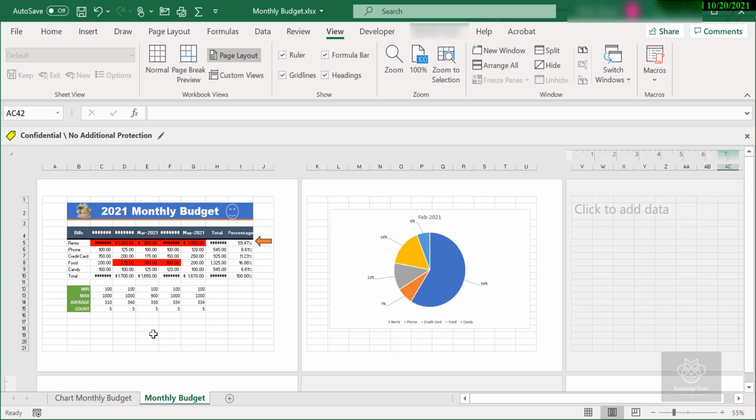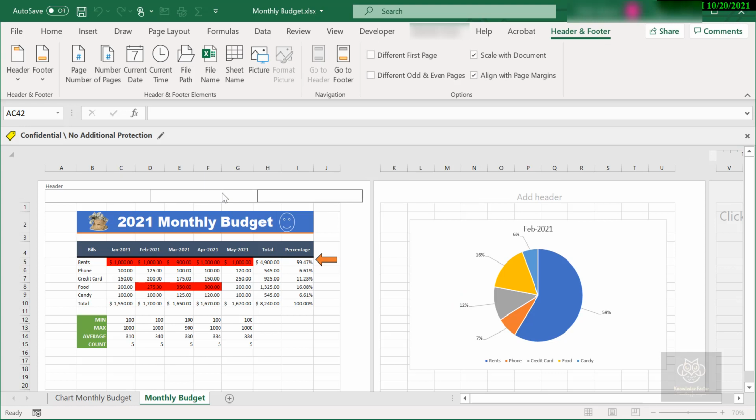So I'm going to zoom in, and the way that I like to zoom inside of Excel, just a little side note here, I hold down my Control key on my keyboard and I use the middle mouse wheel to scroll in and out. If you don't have the middle mouse wheel or your Control key is not working, in the lower right hand corner of the screen you have got your little zoom bar that you can use. I have also got the zoom option here in the View tab. So however you do it, feel free. I like to do it through the Control key as I'm recording these videos. So I'll just zoom in first.